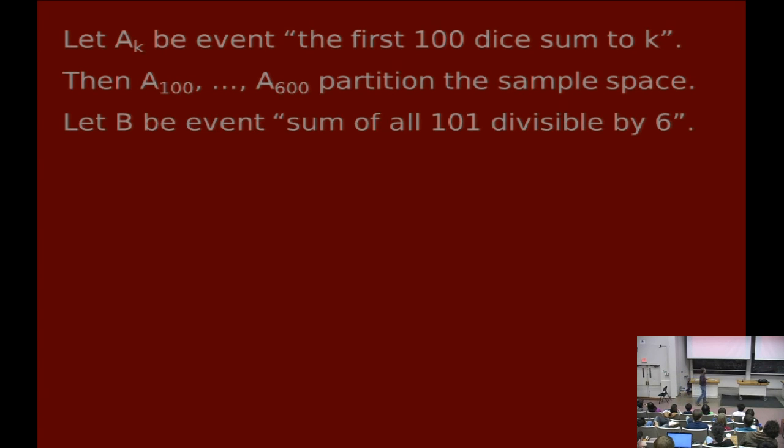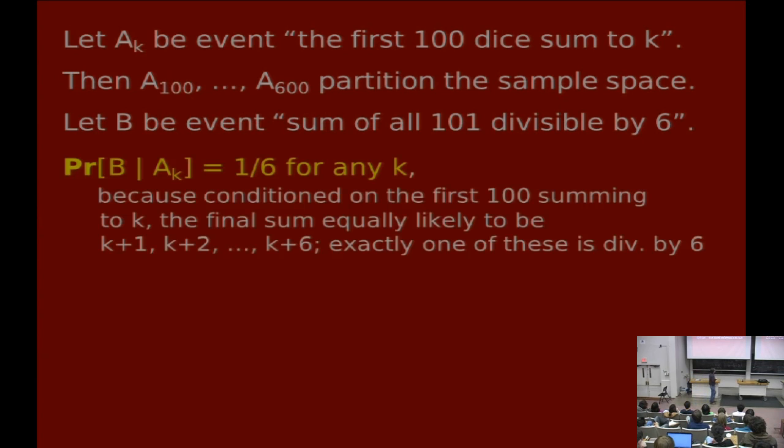Okay, now this is the event that we care about, B, the event that the sum of all 101 is divisible by 6. And we're going to try to figure it out using the law of total probability based on this partition, A100 through A600. And here's the main claim in yellow: once we agree on this claim, we'll basically be done. I claim that for every value of k, 100 all the way up to 600, the probability of B, that the final sum is divisible by 6, given A sub k, is exactly 1/6,